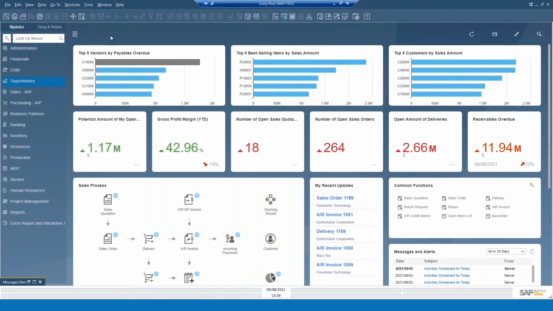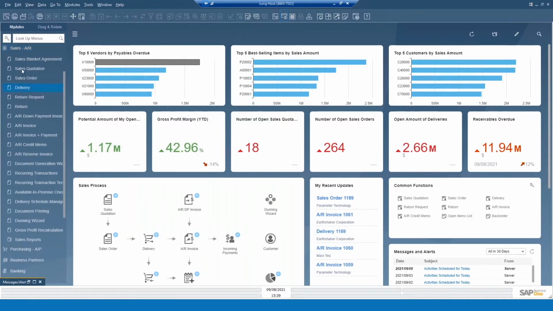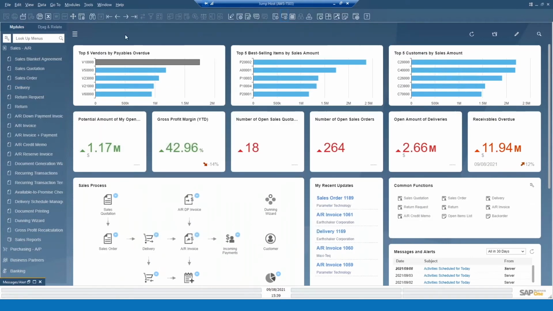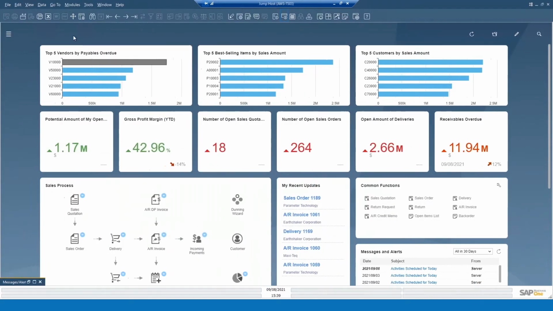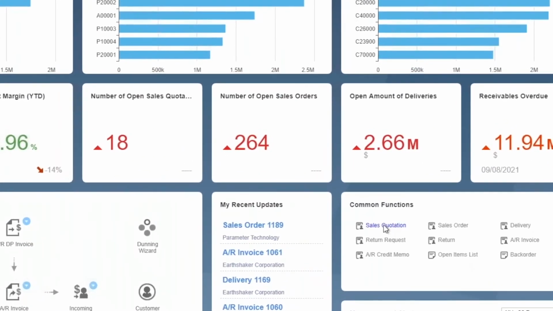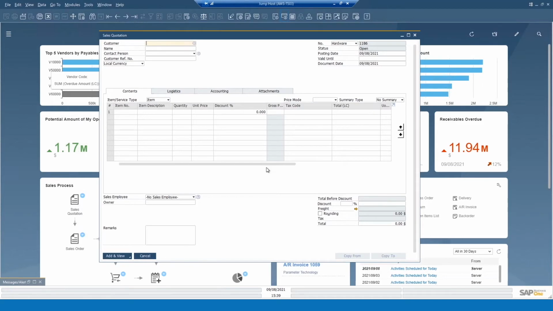A simple illustration of that is, let's say that you want to create a sales quotation. If you use the menu system, first of all, in this version, you'd have to open it up, right? And go to Sales AR and then click Sales Quotation and then begin your work from there. In the Fiori system, they've made it very automatic, so I don't have to navigate the menu. I can just go to my common functions and click quotation. So instead of 3 or 4 clicks, it's down to just 1 click, and do that tens of times a day,